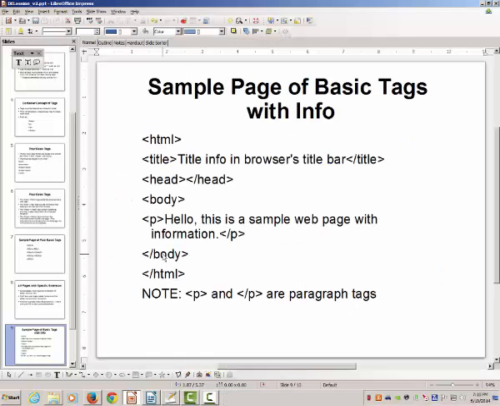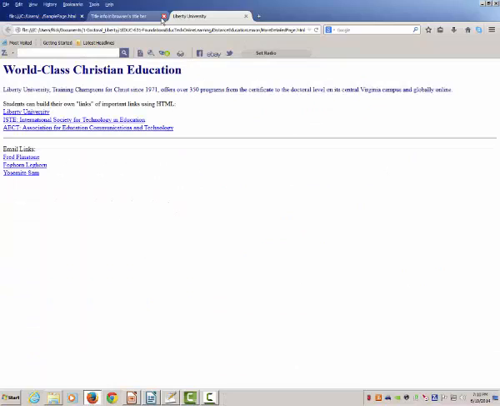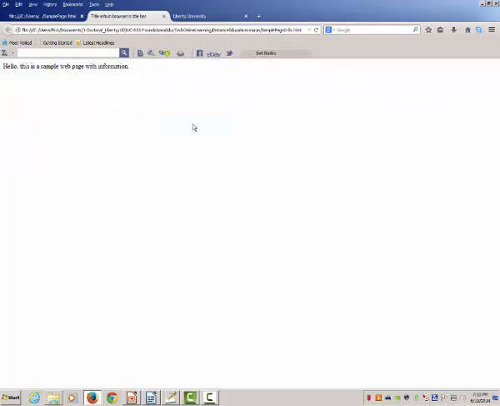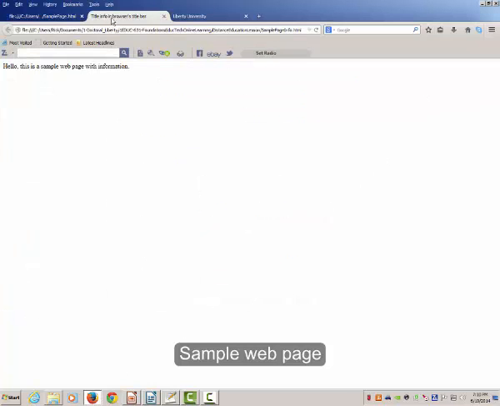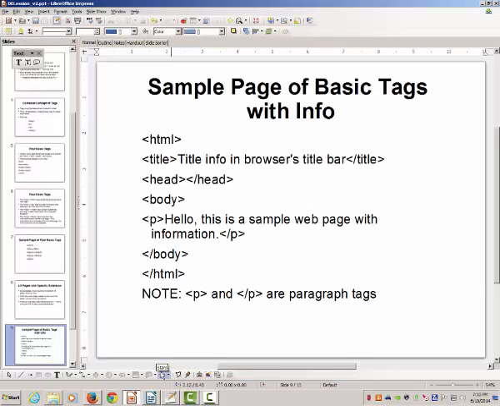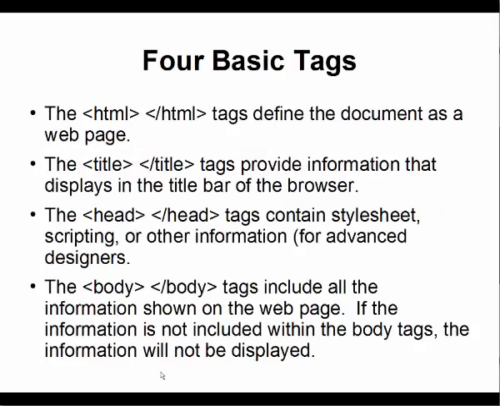Let's see an example of this. If we go here to our browser, this is the only thing that information will show. That's basically title info in the browser's title bar and a sample web page. Title info in browser's title bar, and hello, this is a sample web page with information, of course. Now, if we go back to our lesson,